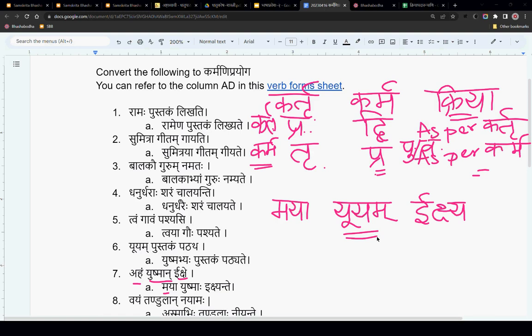Vachana we know because yuyam is bahuvachana. So we want to bring in the madhyama purusha bahuvachana form of iksha. What is it? Ikshadve. Maya yuyam ikshadve. Yes, by me, you all are being seen.